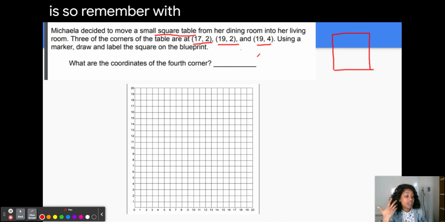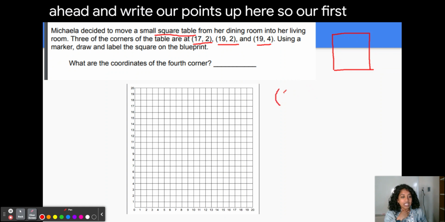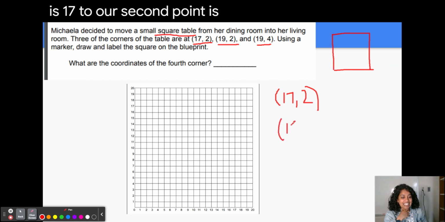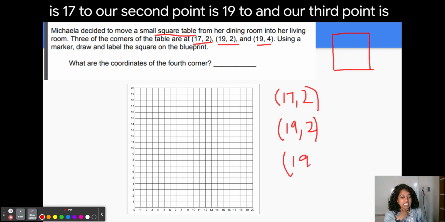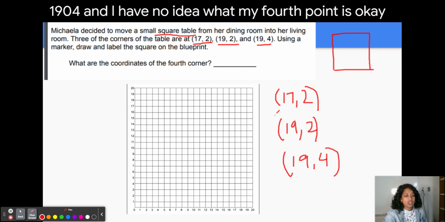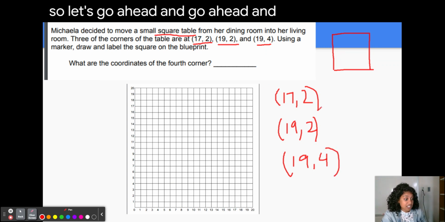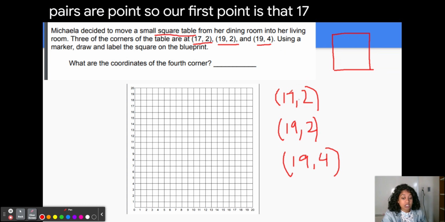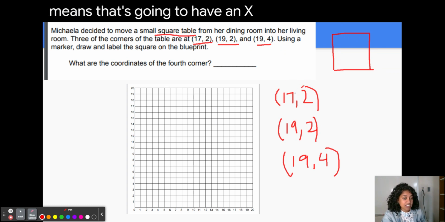So remember, I'm going to write our points up here. Our first point is 17, 2. Our second point is 19, 2. And our third point is 19, 4. And I have no idea what my fourth point is. Okay, so let's plot our ordered pairs, our points. Our first point is at 17, 2, which means that's going to have an x of 17, a y